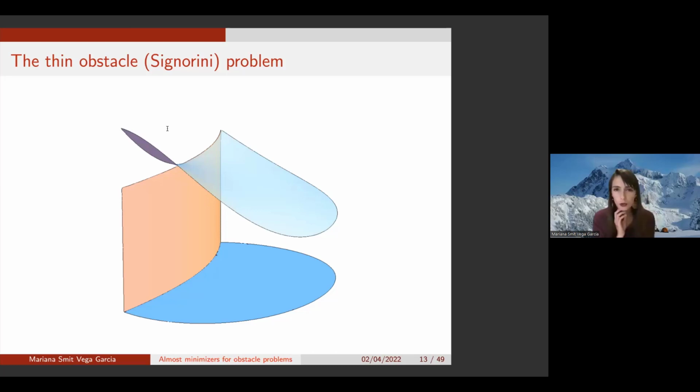And as I mentioned, I want to talk to you about the minimizing problem first, because that will give us a little bit of understanding of what is going to be different for almost minimizers and how the techniques can or cannot be applied. So in the case of the thin obstacle problem, instead of having an obstacle defining the whole region, I'm going to have an obstacle defined on a portion of the boundary. So in this case here, the kind of orangey part of the picture, this would be the region that lies below the graph of the obstacle. So the obstacle is defined on a portion of the